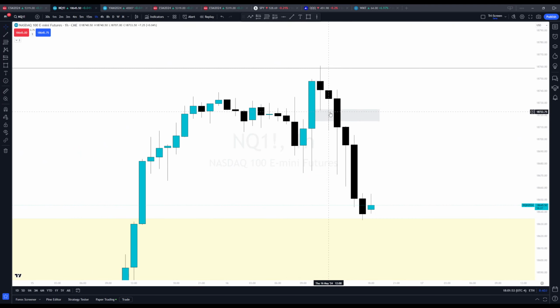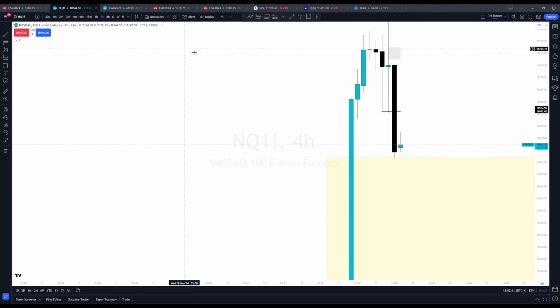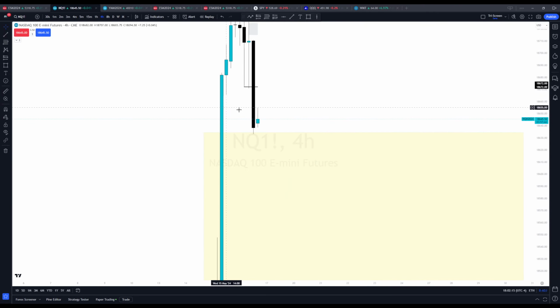It held for a little bit, but you see, the 1 o'clock hourly candle closed below. It told us we were going down to this low. So once we closed below, you could have grabbed QQQ puts and ridden it down at least to this low. Or if you were convinced, you could have ridden it down to the 4-hour FVG, because we know price wants to go to those FVGs. That's what I look for every day, guys.